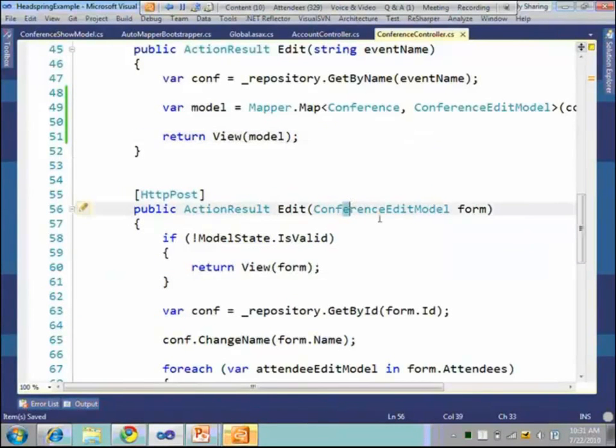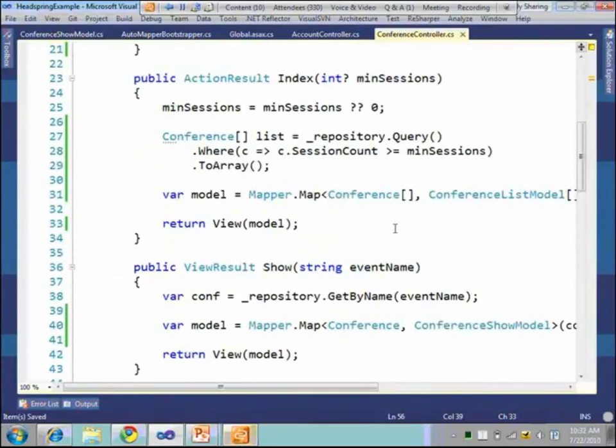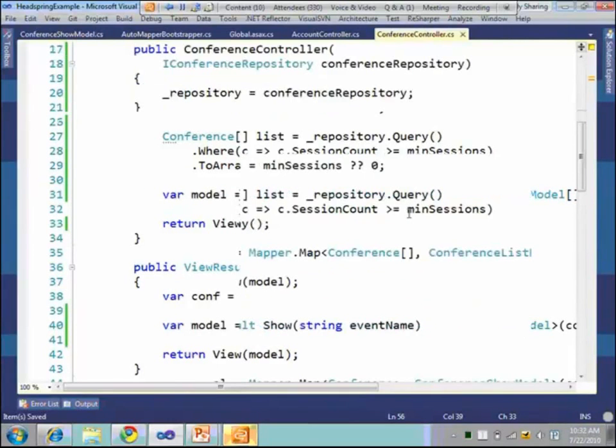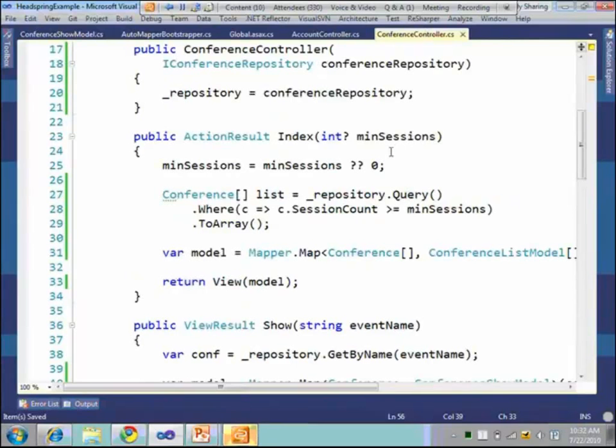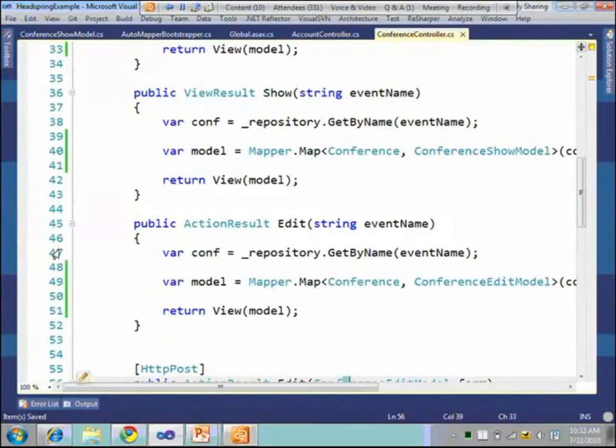Okay, that's all we can do for now. So you can see already that although we haven't changed the behavior of our actions, they're starting to get a lot smaller, and that's a good thing. If I look a little bit more closely at these guys, I start to see some other concepts jump out. One thing I see here is some code that is common between these two actions. In both my show action and my edit action, I have this piece where I'm getting a